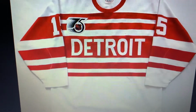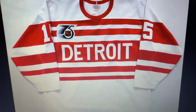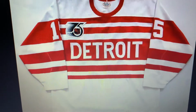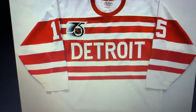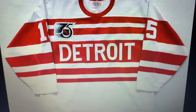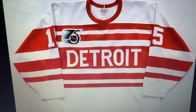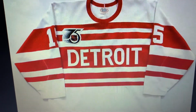Now, speaking of NHL video games, one thing I love about this design is that it brings back some nostalgia from when I was a kid, because me and my dad a lot of times used this design, whether he was playing against me wearing this design or I was using this design playing him. This design got used a lot. And I've even played games against my friends where, for whatever reason, they seem to pull this jersey out. And I think it's because this is an awesome design, or they wouldn't have chosen it, even though I will admit I have chosen some ugly jerseys over the years